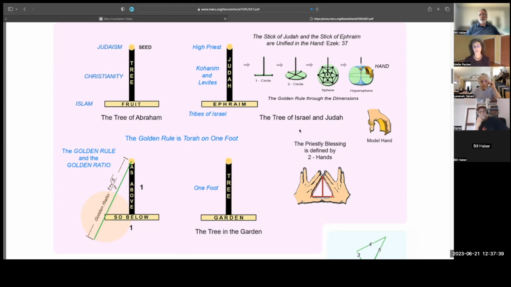Here we have the priestly blessing. And it's defined by two hands. And he's putting the inverted T and the triangle. Now, some Star Trek fans will recognize the hand that Leonard Nimoy used, incorporated into the program. What is the priestly blessing? I mean, we know what it is, but maybe we could explain. Yeah, the synopsis, Nimoy is exactly right, live long and prosper.